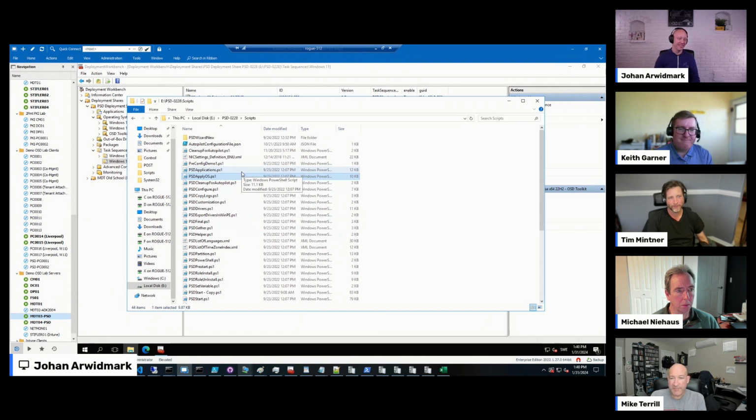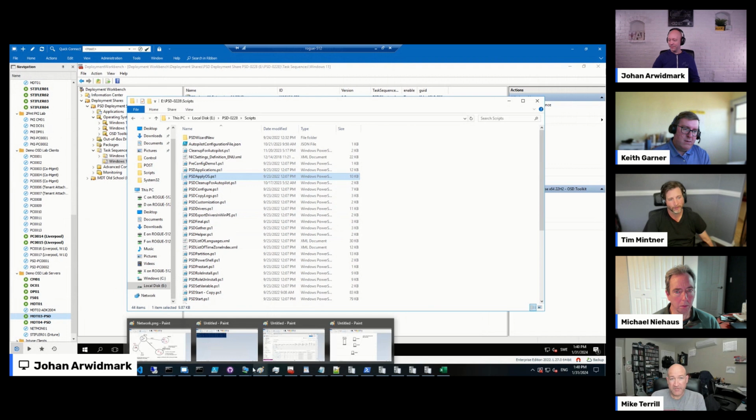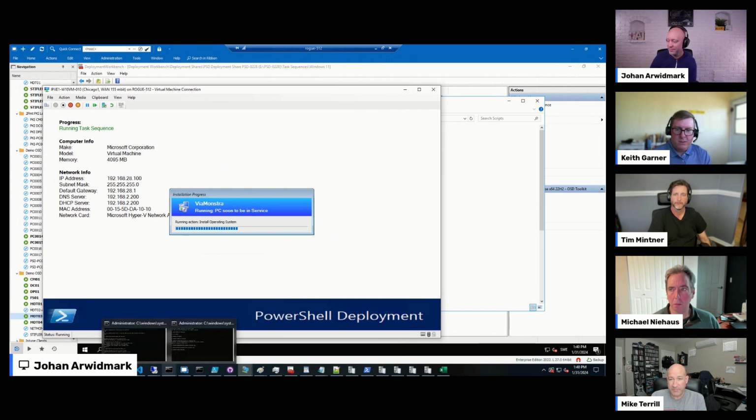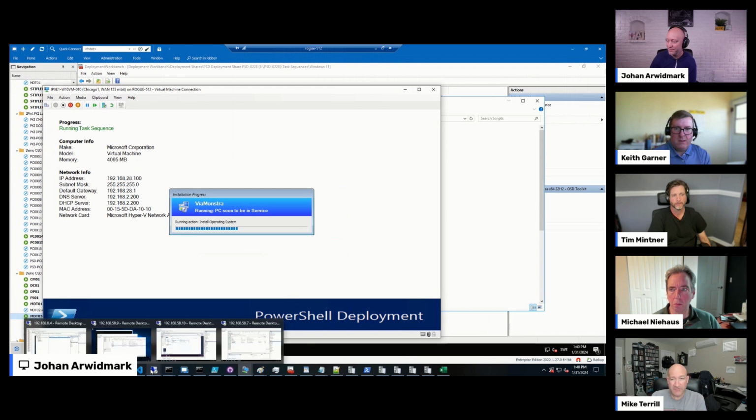A couple of iPXE differentiators too. There are a few other peer-to-peer PXE type solutions out there. But the beauty of iPXE is there are no agents to deploy. So you don't need to deploy any agents on other machines to actually get this to work. The peering all comes via BranchCache, which is native to the operating system. And the iPXE binaries are smart enough to leverage that BranchCache technology to grab the boot images from the peers or friends, as Johan likes to say. So that's benefit number one.